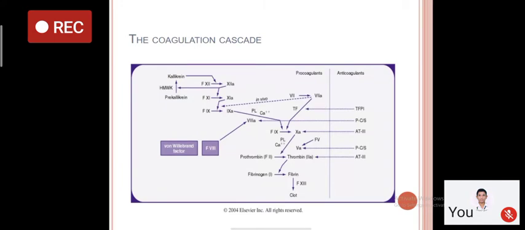This slide shows you how normal hemostasis happens in the body. This is the coagulation cascade, which involves many physiological processes in which various coagulation proteins are activated one after another, and finally activate factor 10, which ultimately activates prothrombin into thrombin and forms a fibrin plug at the site of injury. With the help of factor 13, this fibrin plug is stabilized to form the stable hemostatic plug.